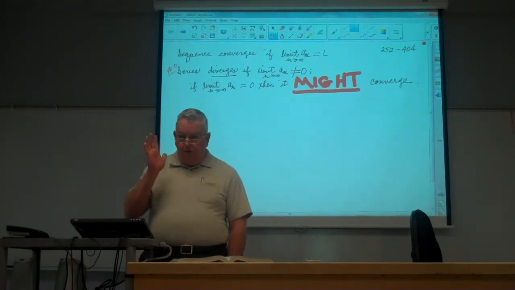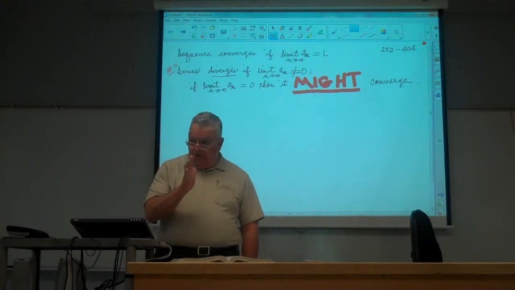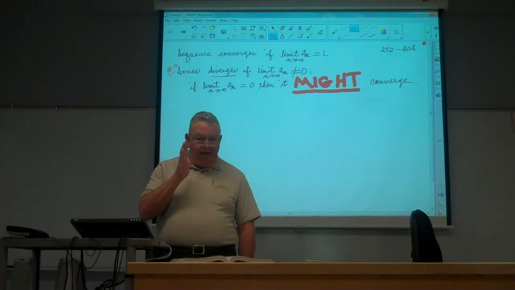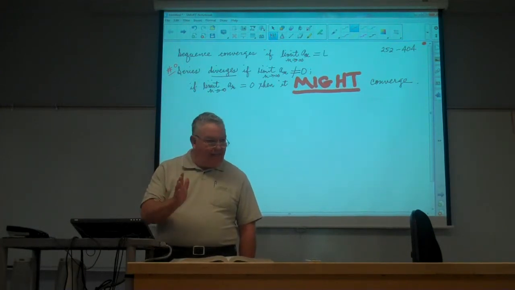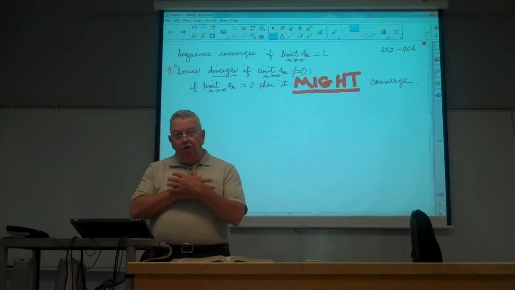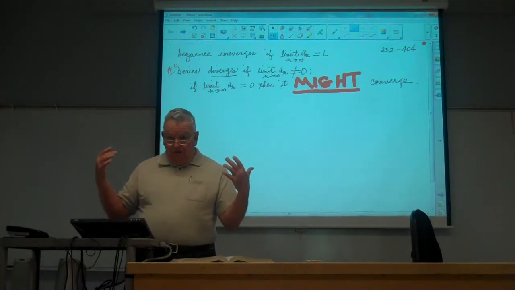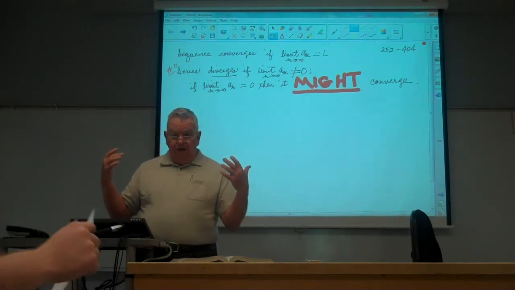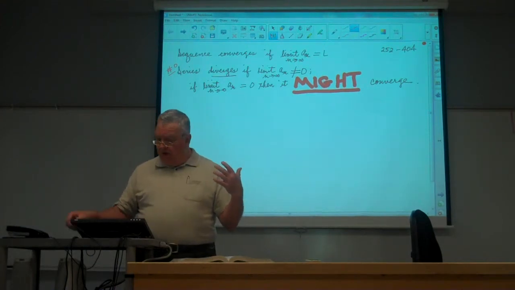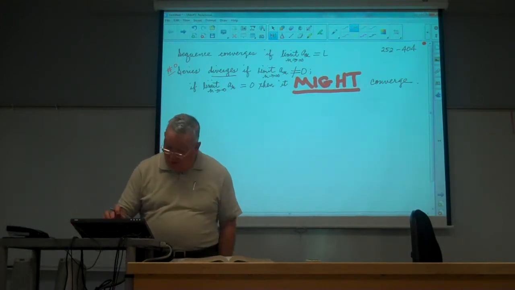Why? Because it should be done before 1, right? And it's not a test for convergence. It's a test to see if it diverges, right? So I want you to get in the habit, as I have over the years, of deciding if an infinite series converges or diverges. For example,